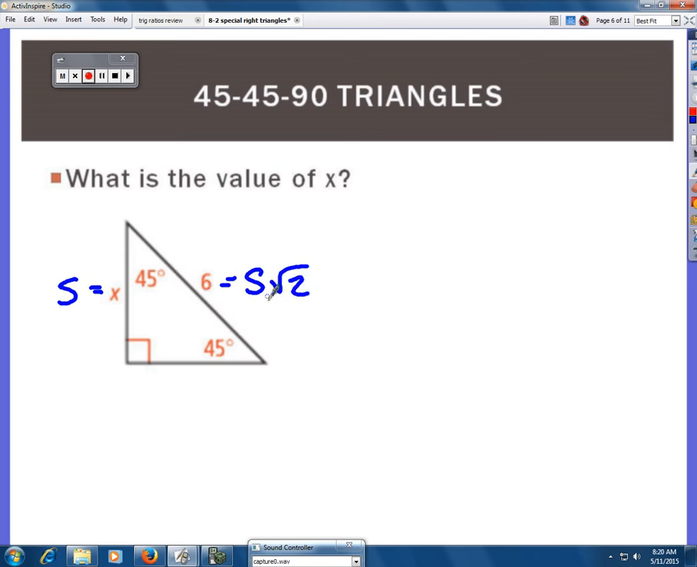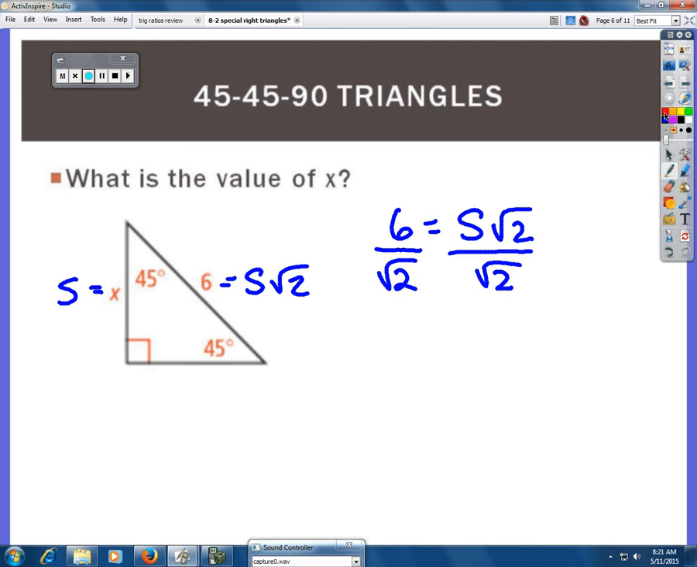So now I have 6 is equal to S square root 2. How would I do that? Well, I know that 6 is equal to S square root 2, but I want S by itself. I need to get rid of that by dividing by square root 2, because I know if I divide something by itself, it equals 1. But when I divide this, now I have a radical in the bottom of a fraction, and I can't have that. So I'm going to multiply that side by square root 2 over square root 2,